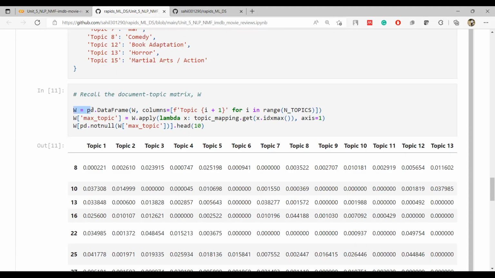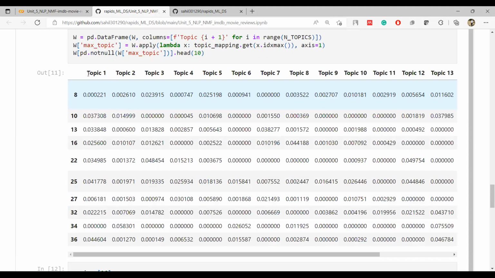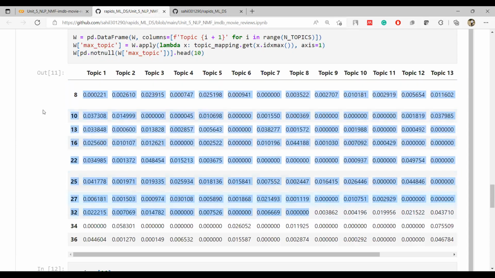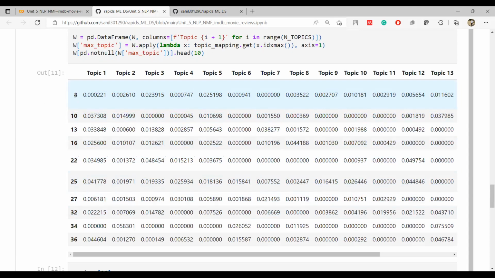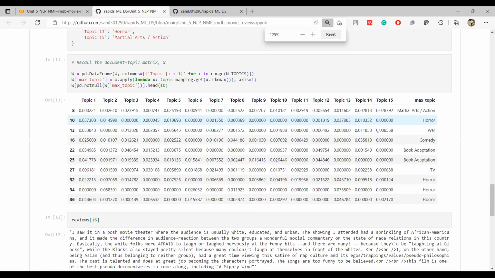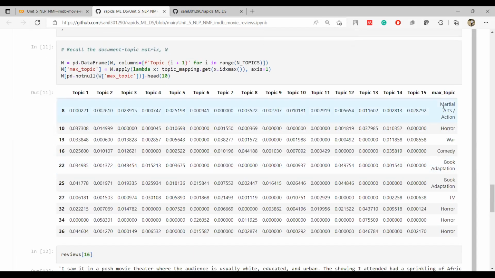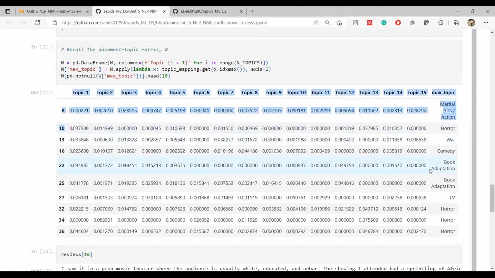So W equal to pd.DataFrame, and this will get me the document topic matrix. This is how the values are. If I want to get all the values, we can generate it like this, and for different topics we are actually getting the output as what is the topic here. Martial arts and action for the first one, horror for document number 10,